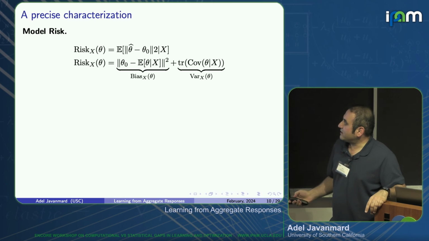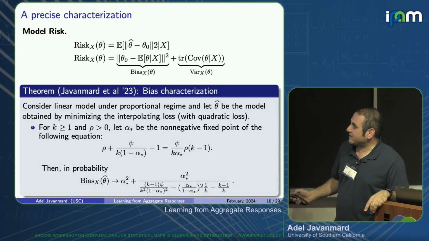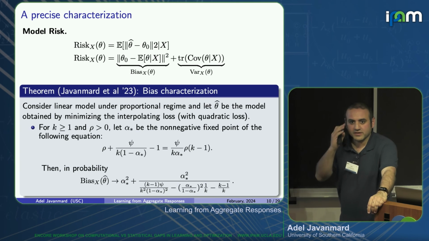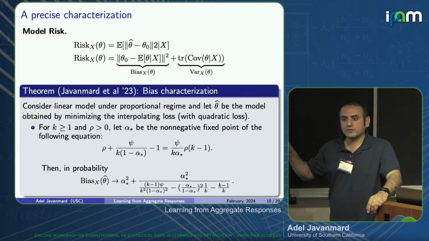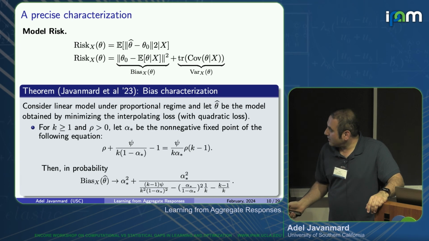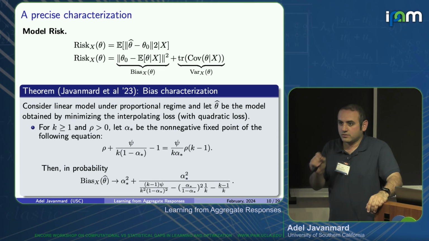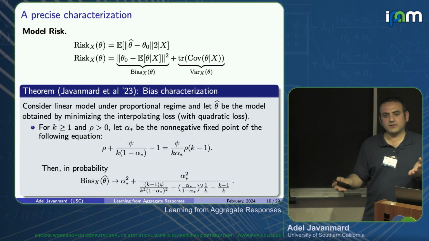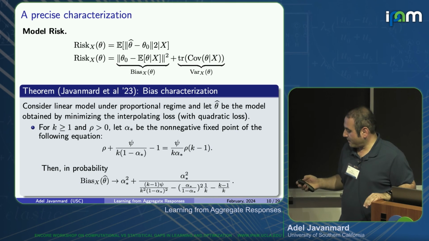The first result that we have is on the bias characterization. So in the proportional limit, you can exactly characterize what would be the bias of your model. And you see that it depends on psi. It depends on the size of the cluster. It doesn't depend on signal-to-noise ratio. So I was assuming that the norm of the model was 1, but you still had the sigma squared, the noise. It doesn't show up here, so it doesn't depend on that. And it also depends on the rho, how you are trying to balance the bag level versus the instance level loss.